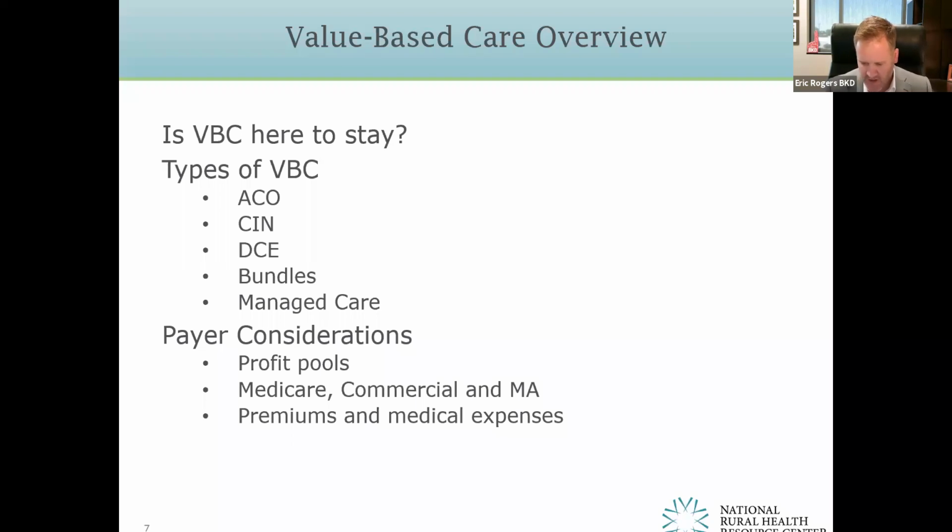All right, payer considerations and margins. I do think it is important to understand that if we're looking at taking risk in a market, we need to identify our payer mix and what the trend is with commercial and Medicare Advantage in our local market. I've seen the percentage of Medicare Advantage double over the last few years. So if that's the direction your local geography is moving, you may want to spend more time evaluating options